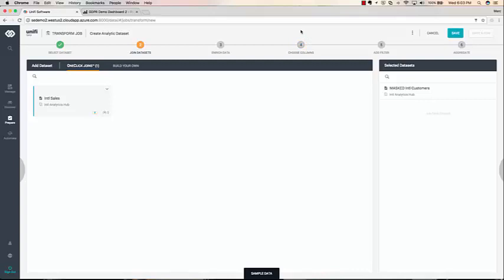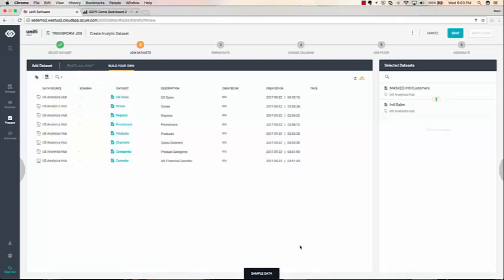So the first step of the process is creating the first data set, which I've done as international customers. And Unifi has automatically detected that there's a relationship through its AI and ML and some of the routines that are running under the covers. And so as an analyst, I don't have to really know SQL. I don't have to know coding or scripting. It's simply a one-click for me to be able to join those two data sources.